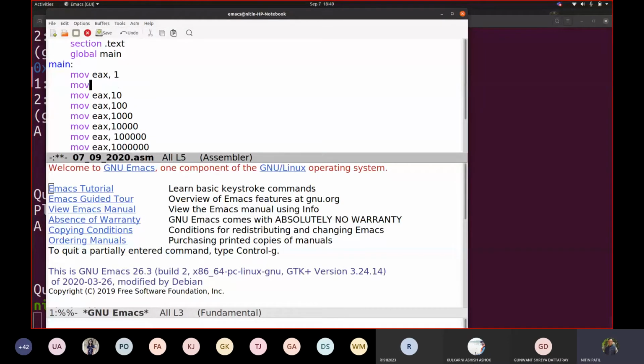Now if I say move EBX comma EAX, this kind of instruction is passing the data in an immediate manner. So that is an immediate instruction. This is register to register. If you recall, these were the addressing mode formats which were taught to you in your CO course or SIS2 course. Fine. This one is also again immediate. Immediate data is passed to the register. So if I now take this, suppose move ECX comma EAX.